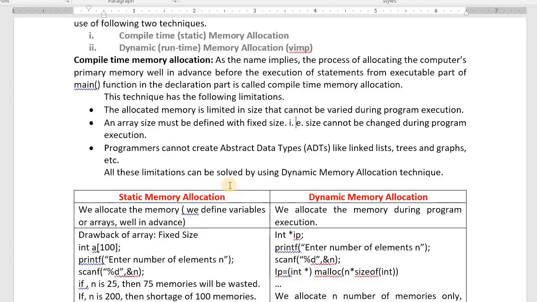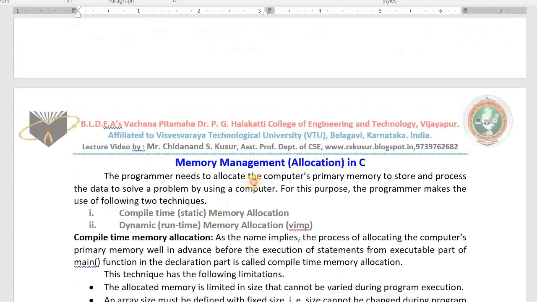That is what we call static memory allocation, allocating the memory well in advance before solving a problem. That means before reading the two numbers, before making the sum, before showing the result, we need to allocate the memory. That's why the main function contains two parts: one is the declaration part, one more is the executable part.